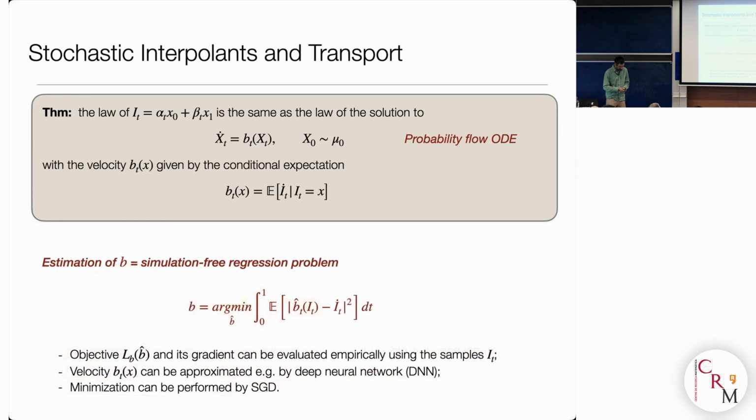Okay, and then this you also have seen. Why is that useful in practice? Well, it's because you can use the L2 characterization of this conditional expectation. This thing is actually dying on me, so I don't know. Okay, I'll try. Okay, so which is that you can represent b as the argmin of this quadratic objective, which involves only an expectation over the interpolant, no longer a conditional expectation.